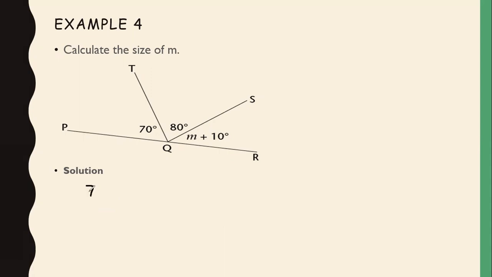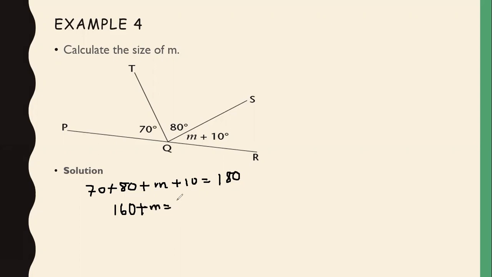So we have 70 plus 80 plus m plus 10. Are you there? Everything will be equal to 180 degrees. Remember, angles on the same straight line. Now, 70 plus 80 gives you 150, plus 10 gives you 160, plus m